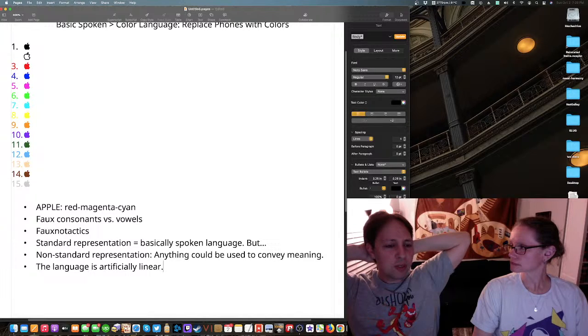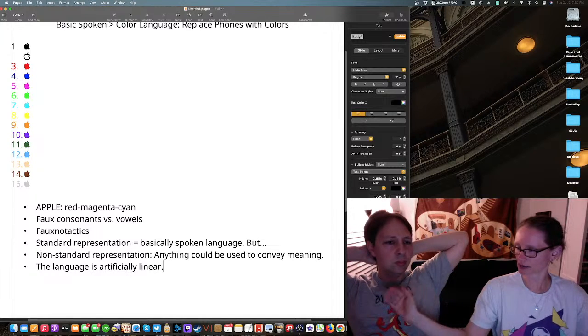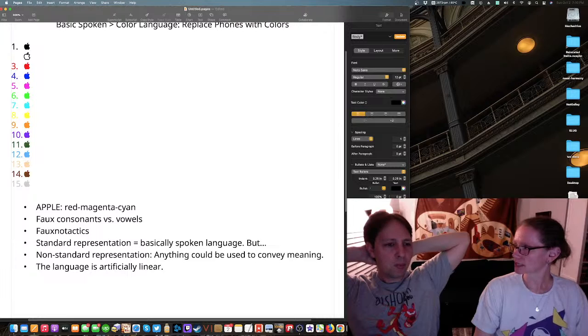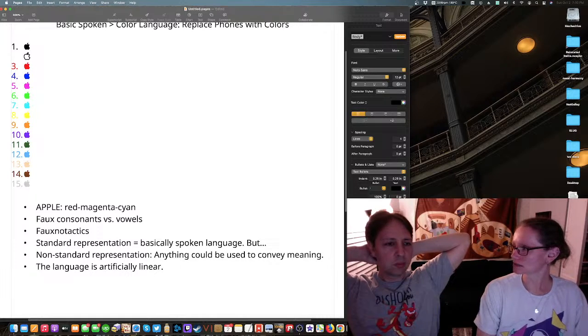A color language doesn't necessarily need to be linear. No, and in fact, I could imagine a tie-dye kind of situation where you do a t-shirt, but of course at that point it's going to get messy. Each round could be a word or a sentence, because it's the pattern of the colors moving outward, but at some point it's going to run into another one, and so the linearity of it all provides a sort of organization to keep it in order. That doesn't mean it has to be done that way, and it doesn't mean that you couldn't be creative in the way it gets done.